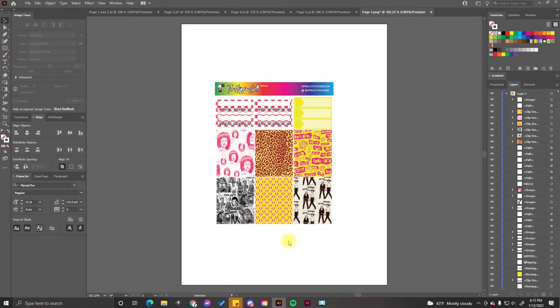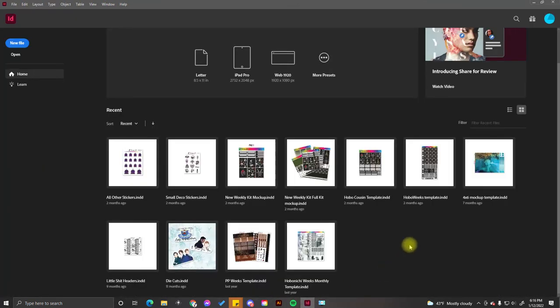And then you just click OK, and that's saved. I already have everything else saved, so let's go ahead and jump over to InDesign, so you guys can see how to do this. So in InDesign,